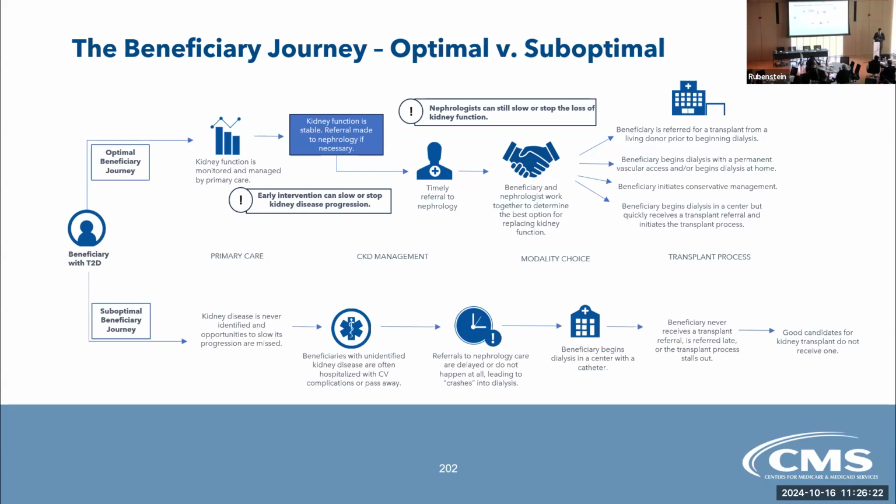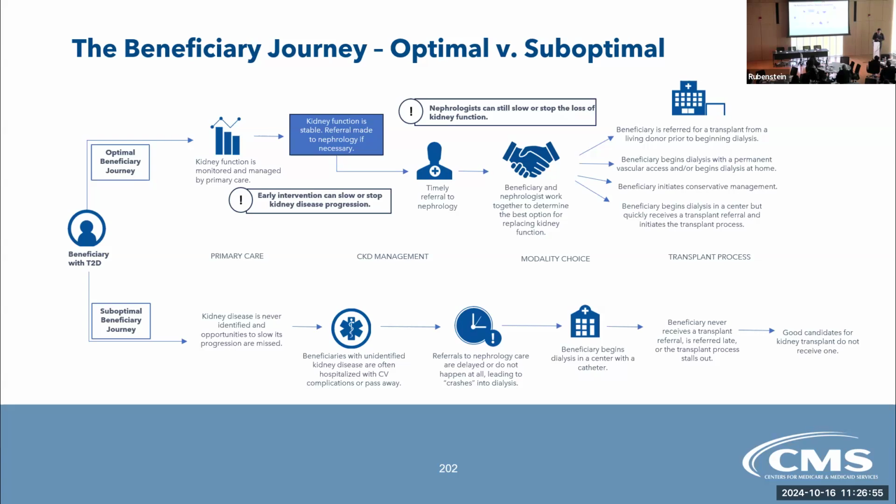So initially, and this is also just a good journey to see, and we have another graph later on that'll also show this, just how complex the journey is and its different needs at different stages of disease progression. So it starts with primary care, so making sure that you get treatment for whatever secondary condition is causing this, as well as getting that initial referral to a nephrologist and identifying that kidney disease is an issue. It's called a silent disease for a reason, because CKD is mainly symptomless. But once you get ESRD, it's very symptom-full.